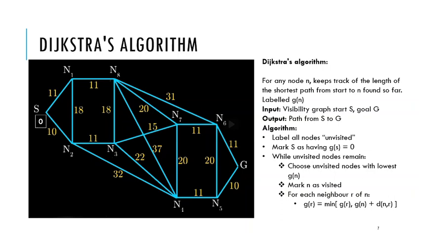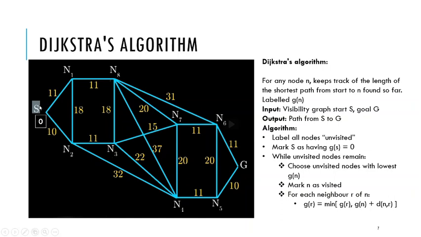Okay, so g of n marks the shortest path from the start to that particular node, the lowest g of n found so far. I only have a single g of n mark right now, which is 0, so the start itself is the unvisited node with the lowest g of n. So I am going to mark it as visited. So we have already visited this node.